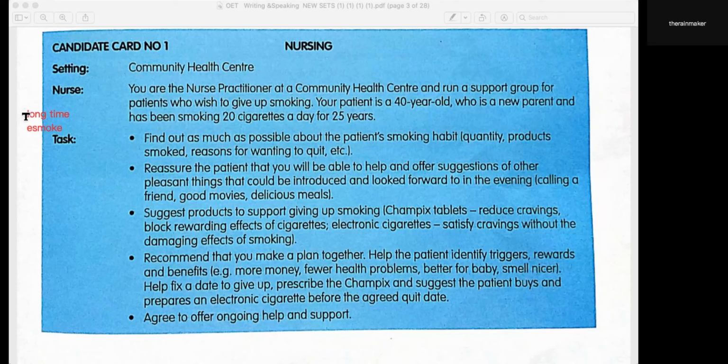And also it will not affect your health any longer. I know it will be very difficult in the beginning, but please do not get worried. As long as you try, you can do this. I will always be there for you. And is there anything that triggers you to smoke?